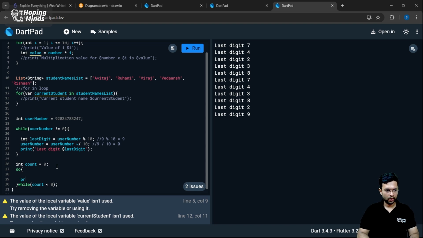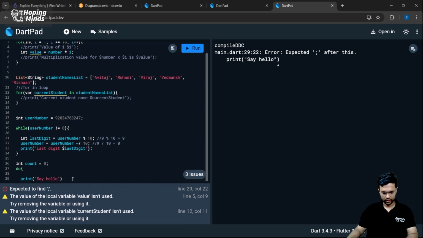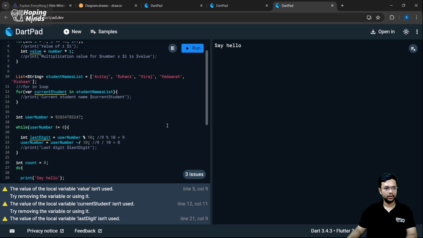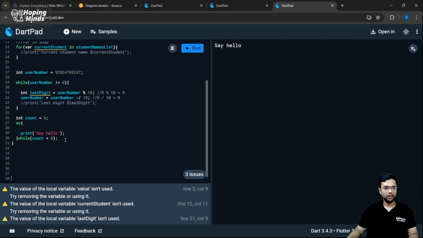So if I put a print statement here like say hello, then probably the say hello, oh my mistake, I did not put a semicolon here. So let me also comment this particular code and run the app. Now what do you notice? This probably should have not worked, but the condition with do while says that the loop will run at least once. For example, if I just keep this as 5